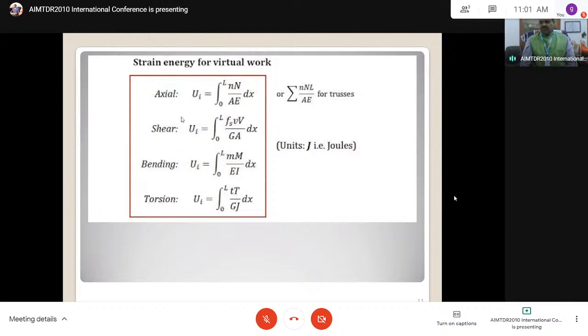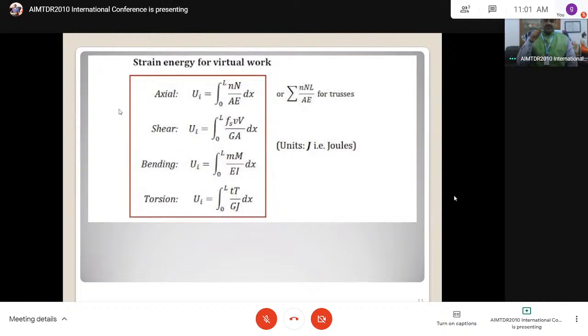If you remove the load, it regains its original shape. So that's why we are considering the strain energy for virtual work done. If it is a translation, it is half sigma into epsilon. If it is a rotation,